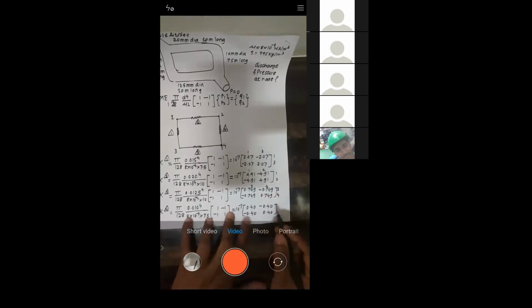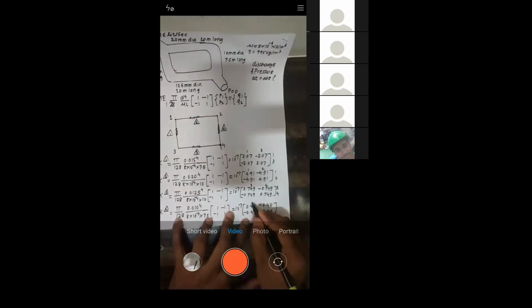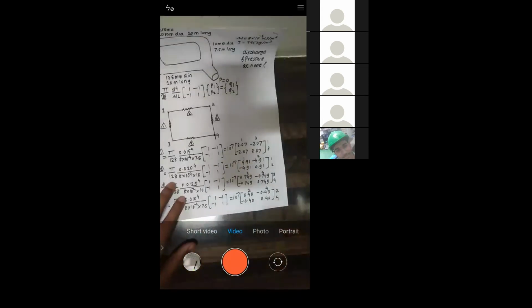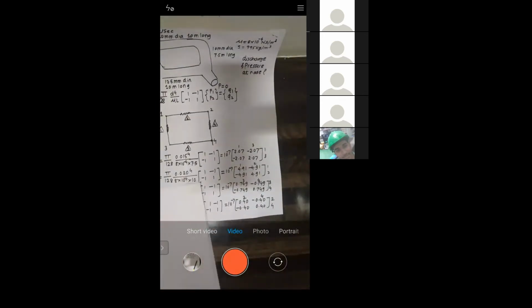Is it okay? Stiffness matrix of element number 4, it is between 2 4, right? Because element number 4 is between 2 4. Now you have element stiffness matrices, right? Now just plug these element stiffness matrices in so as to get the global stiffness matrix. So how to do that?